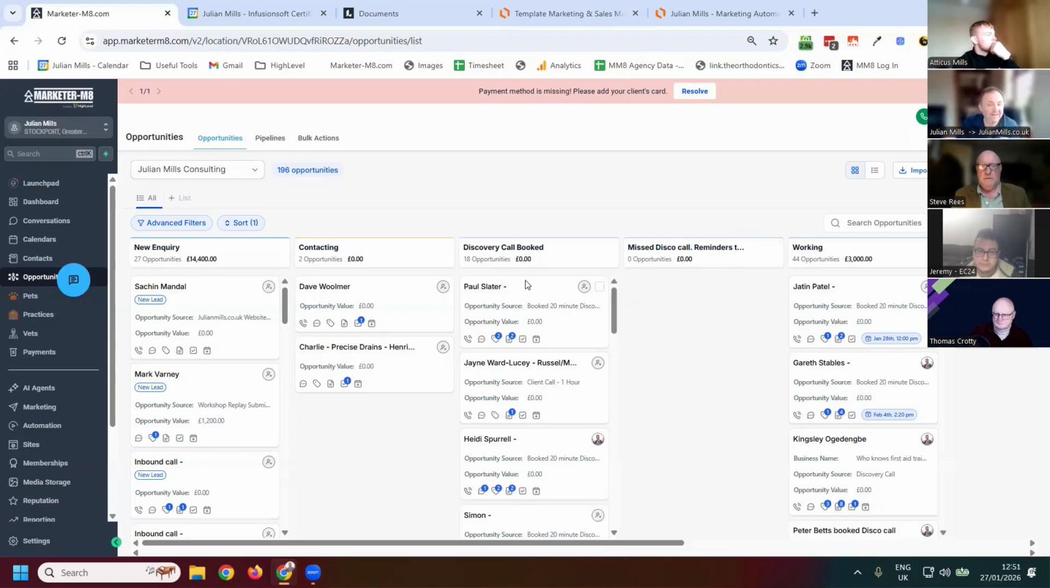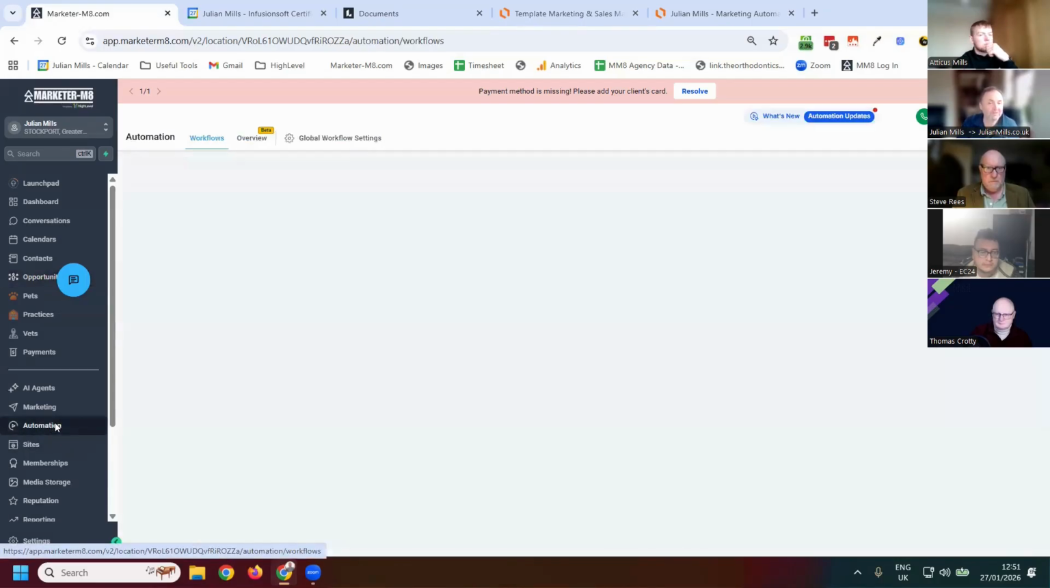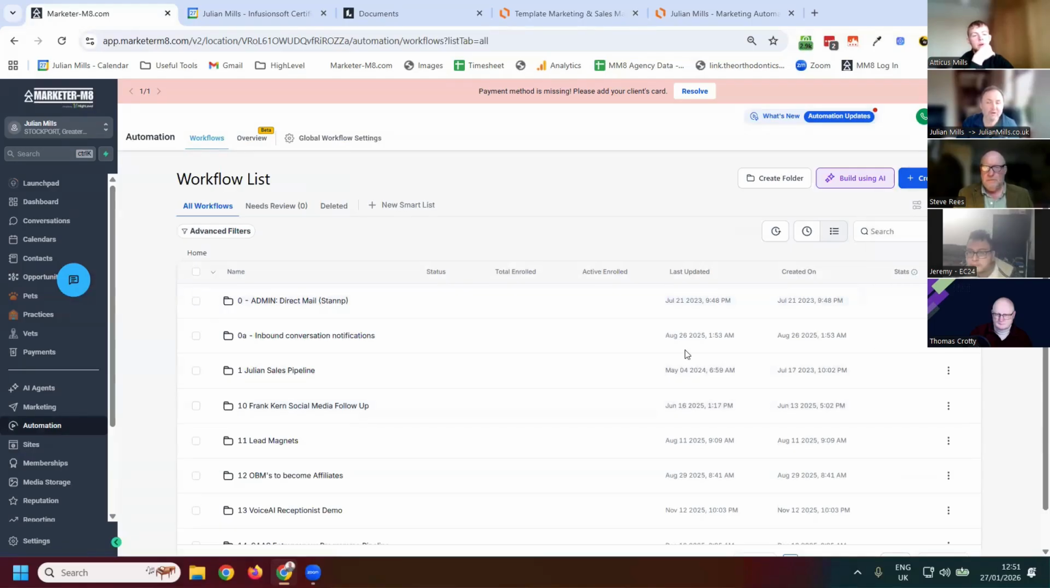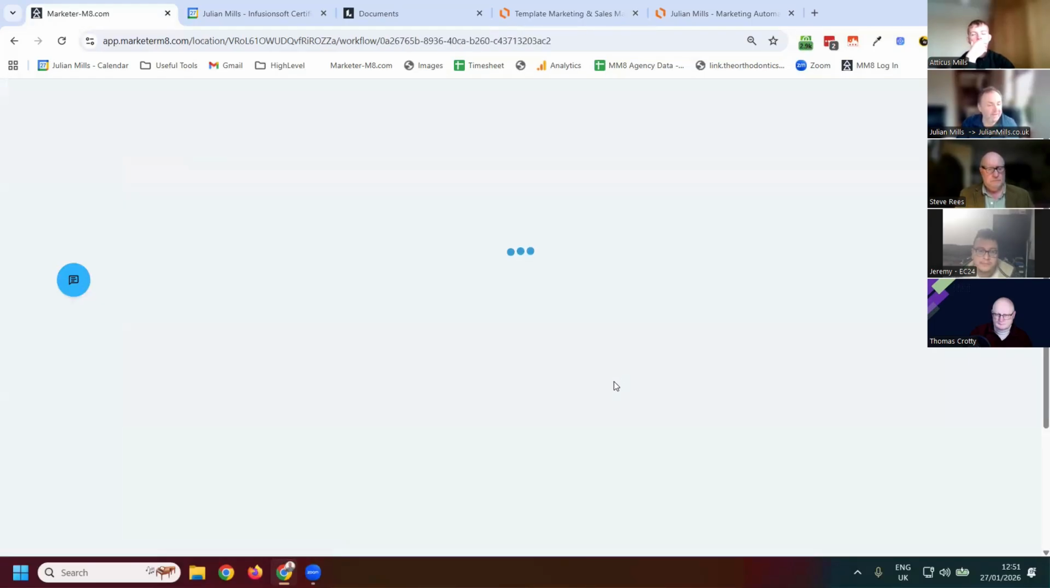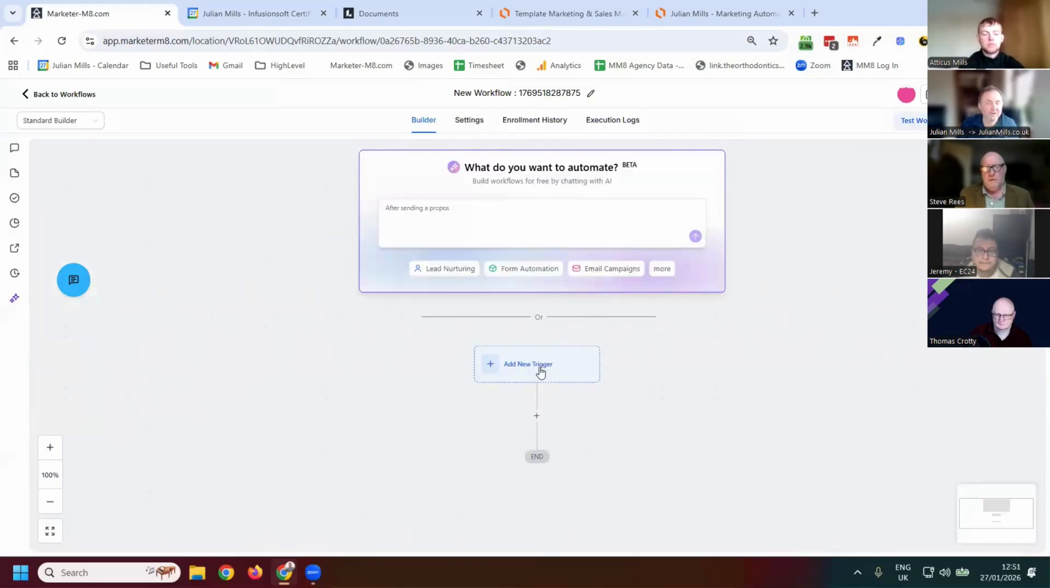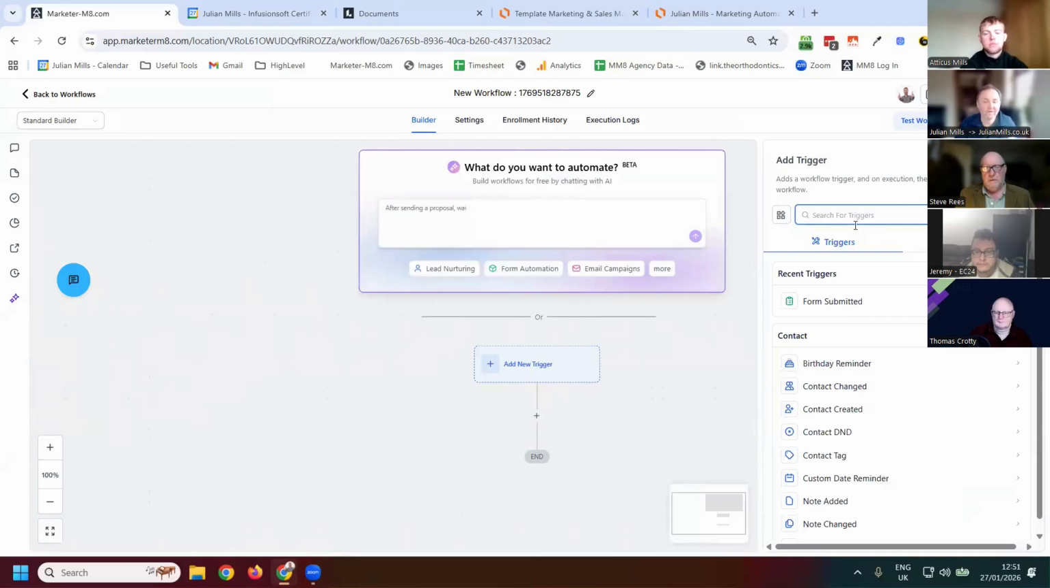So I'll show you how we can trigger this, which is what Rob was interested in. How do you trigger automation when you move from one stage to another? Okay, so you're in the automation here, Rob. I just create another new quick workflow. So the trigger now, Rob, would be opportunity stage move. So new trigger, opportunity